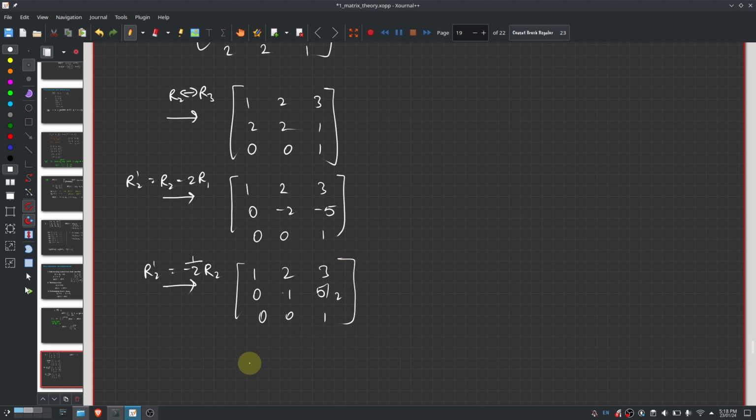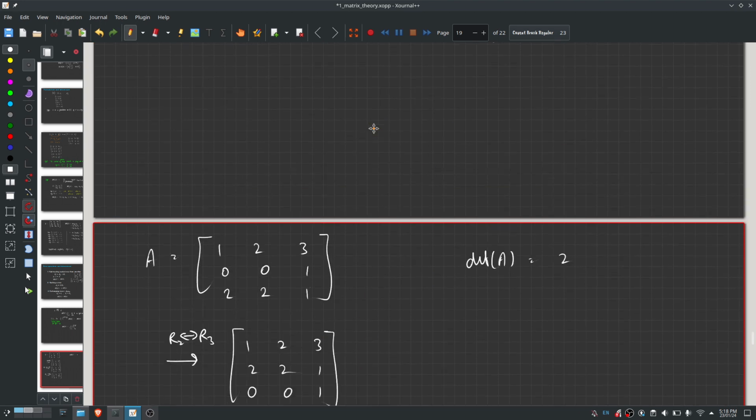Now in fact I don't have to convert this to an identity matrix. What is the determinant of this particular matrix? It's equal to 1. So the determinant of any lower triangular or upper triangular matrix is simply equal to the product of the diagonal entries. Okay, great. So now that I have this,